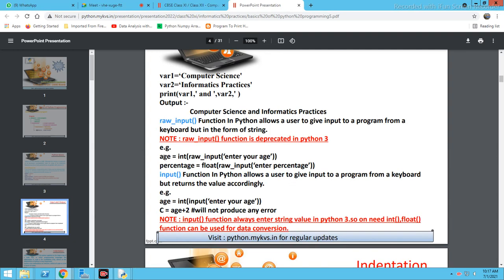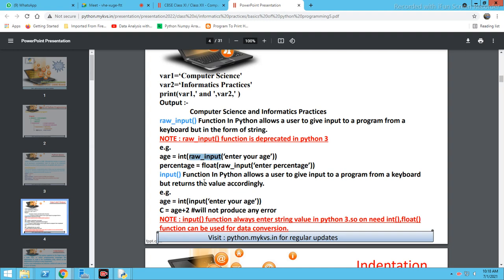See, in the next example, it is given age is equal to int raw_input, enter your age, percentage float raw_input, enter percentage. See, it is written here raw_input, which shows it is written in 2.7, right?